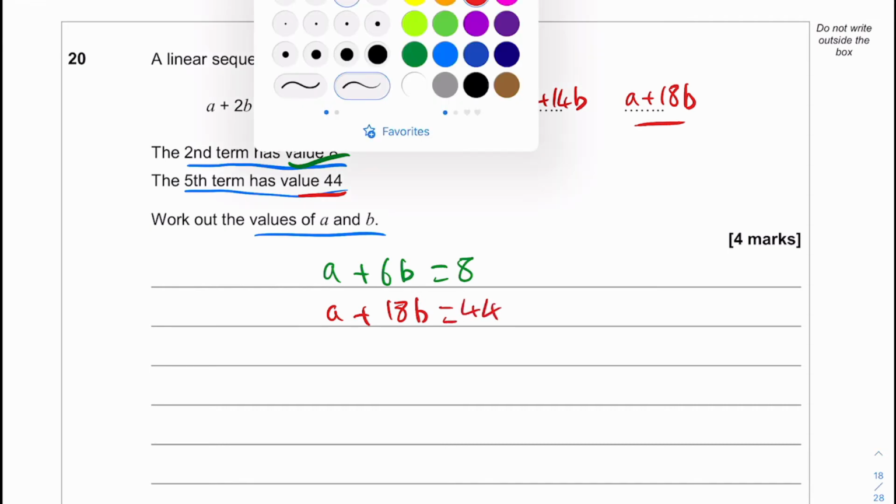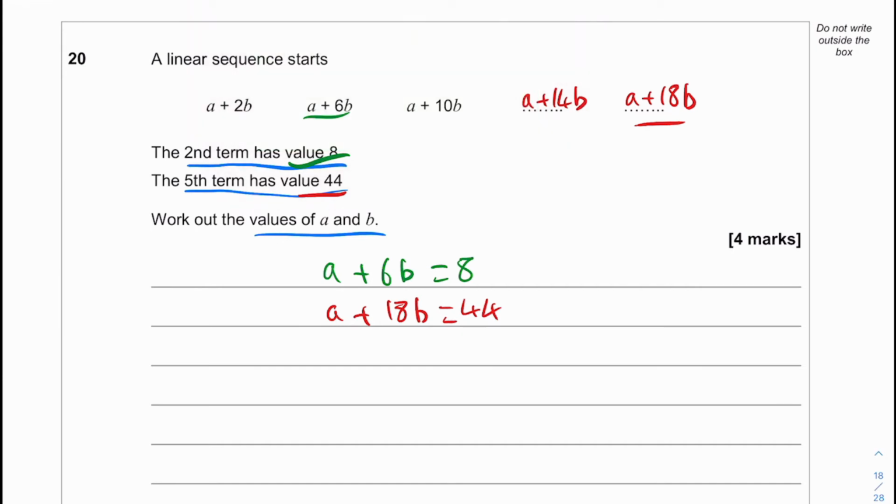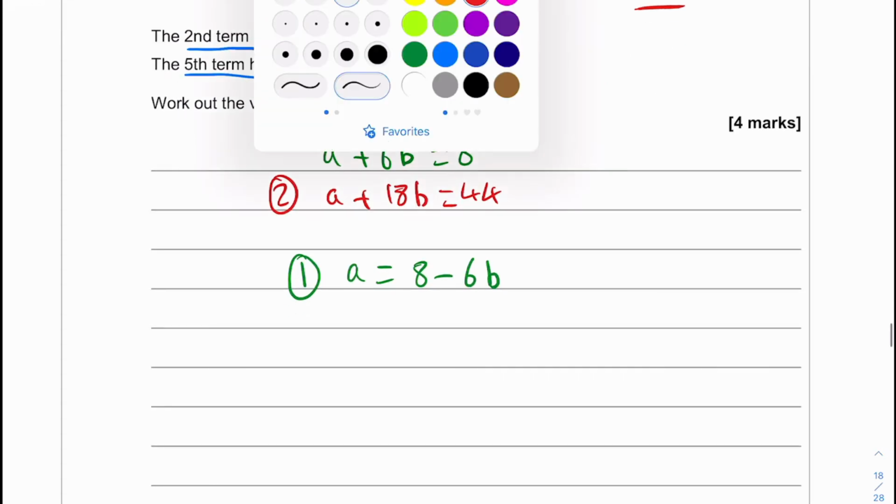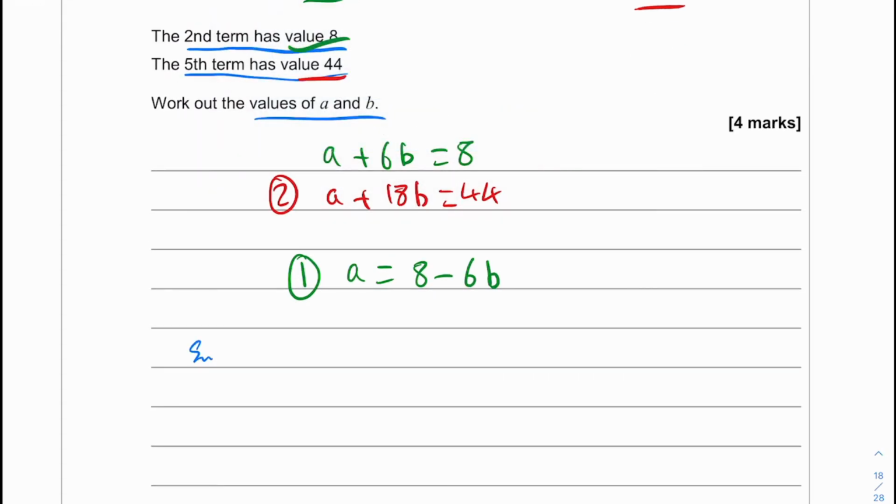What we can then do is make A the subject of equation number 1, so we can then say that A is equal to 8 minus 6B, and we can then sub our equation 1 into our equation 2. So I'll just write something on the side here. Sub equation 1, so I'll just put EQ1 into